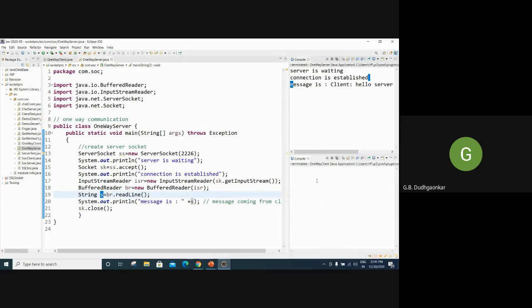Here there is no communication between the two systems. Only the server is flashing the message which is coming from the client, and that is very important. That is one-way communication. So you can reverse the program, so the client can display the message which is coming from the server. That is up to you. You can apply your own logic once you know how to do it. Because once the connection is established, anybody can send. But I am going slowly.